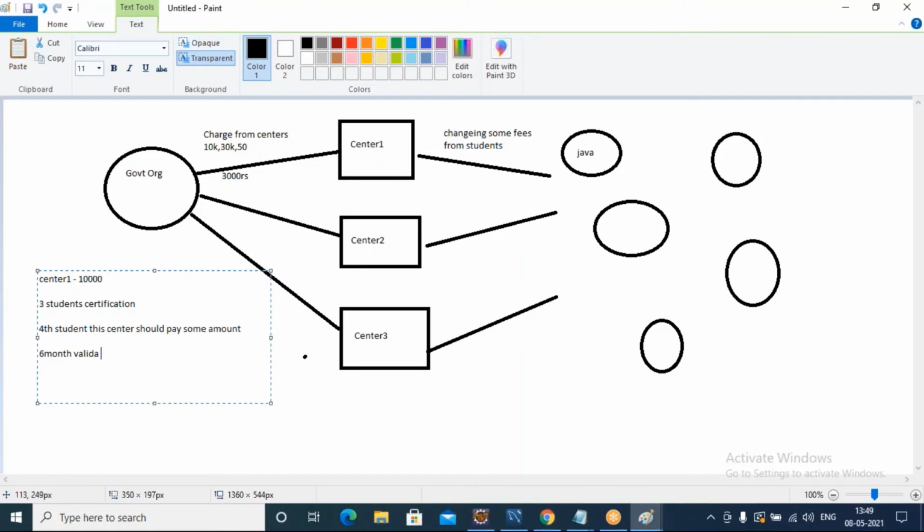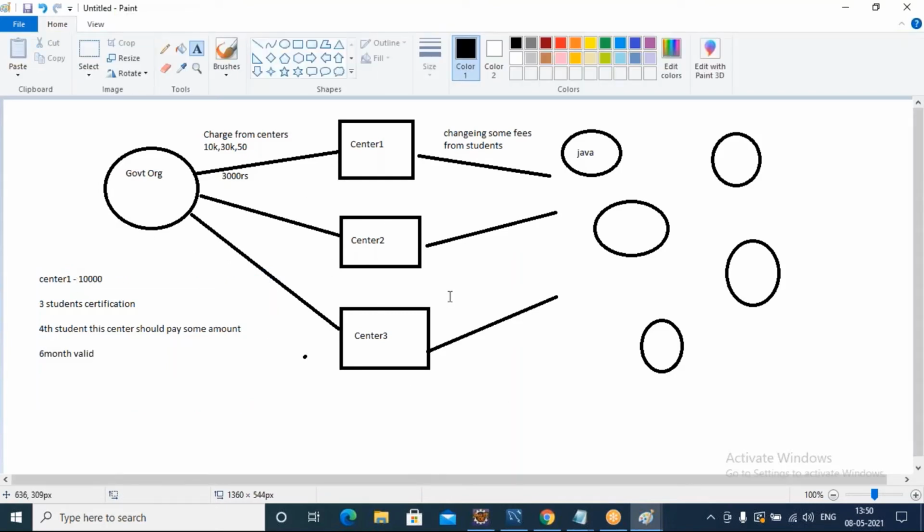Otherwise, this amount will be deducted by the government organization. They will just take out that amount, and he has to pay again to renew the center by paying some amount again to the government organization.